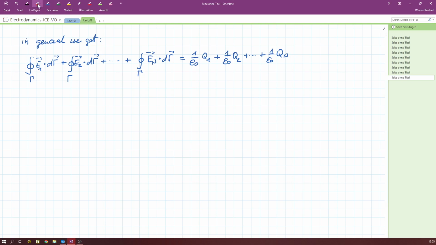And we can write this in a general form as the closed integral over gamma of E dot d gamma